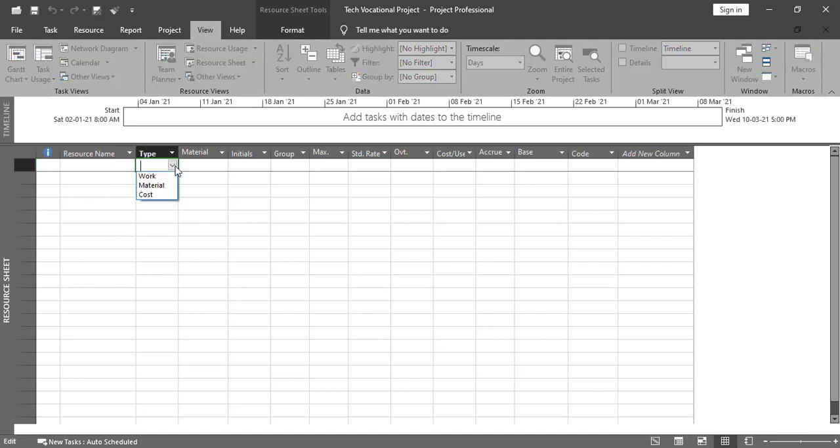and the type is whether it is work resource, material, or cost resource. If it is a material resource, then you need to just go here. Let's suppose you need to add the label of the material. Let's suppose we have blocks in numbers, sand in cubic feet, likewise. Okay,